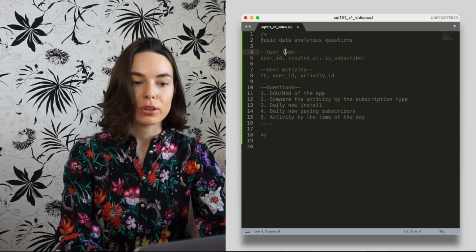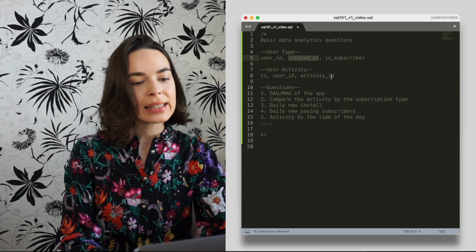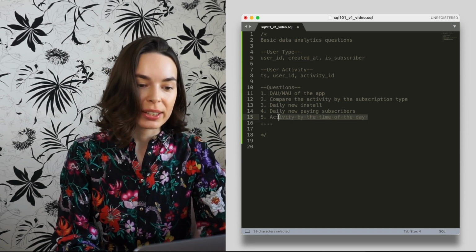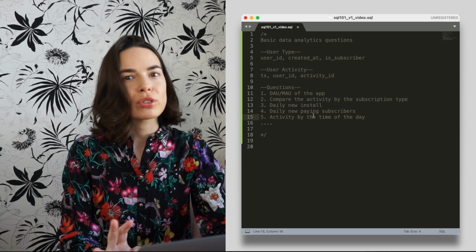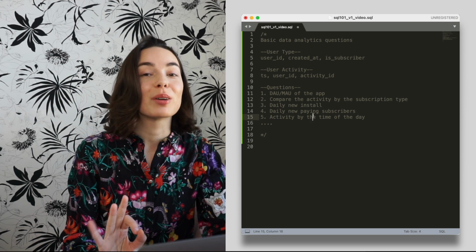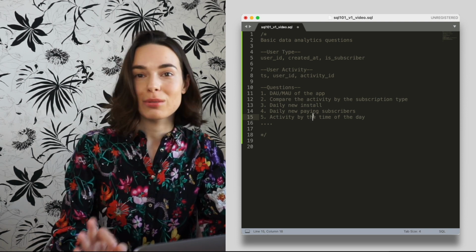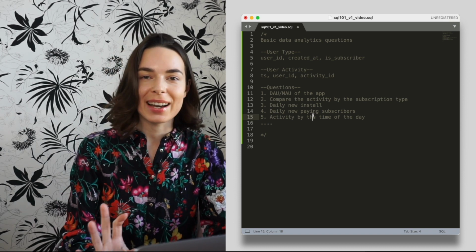We can just look at the user type and extract the date from the created date. Let's look at the activity by the time of the day. This is something that's not so frequently asked or taught during SQL courses, but it will come up so many times during your work, because you will always need to parse timestamps for date time values